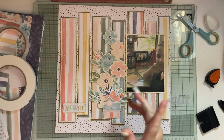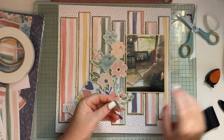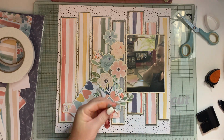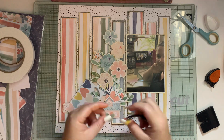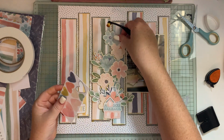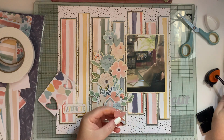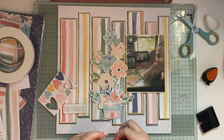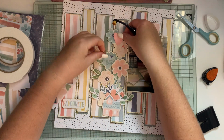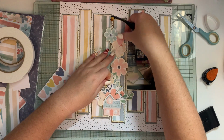I'm good with that. Now, I'll try and finish up fairly quickly because I know that I've just gone over that hour mark and I do apologize. I do try and keep my layouts fairly quick. I know how precious our time is these days. Even though we're at home more and more, I do know that we would much rather be doing other things with our time. I'm a big entertainment person,